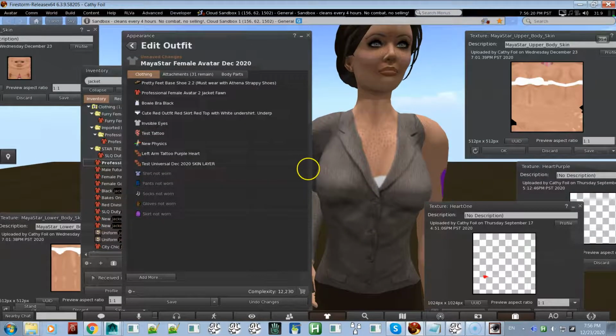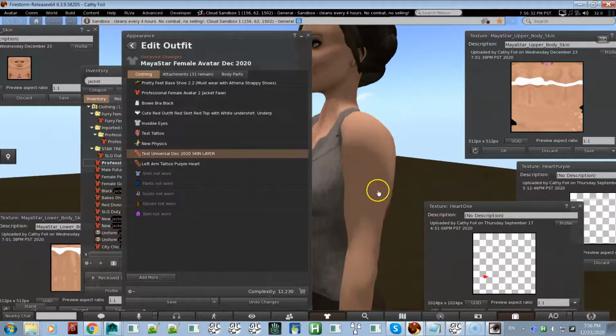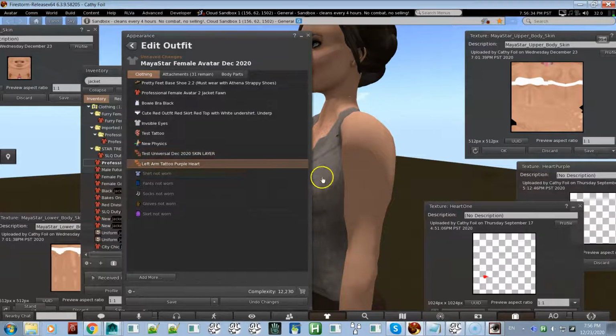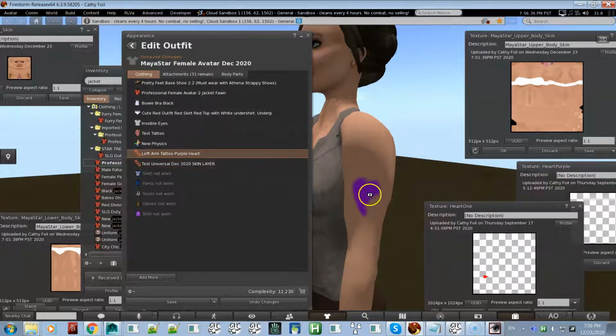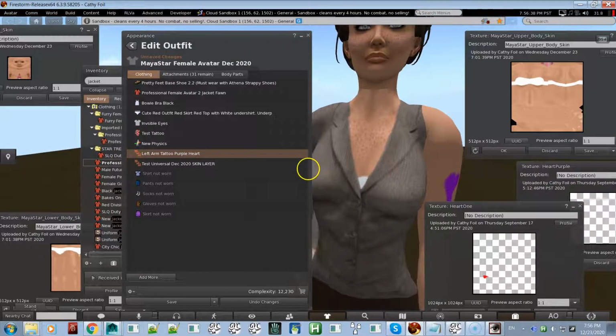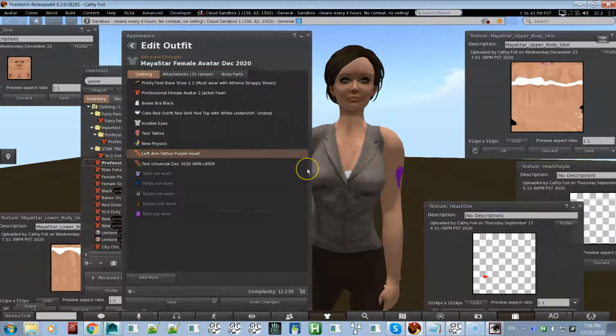Okay, here are the universals, and yeah, we can change the order of the universals here, and of course there goes the tattoo, it goes missing. So if I move that up, there's the tattoo. But the problem is,